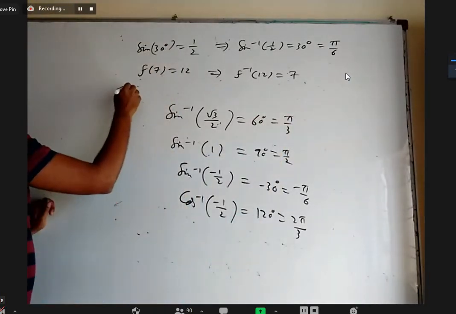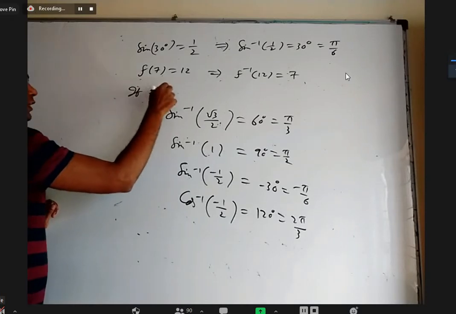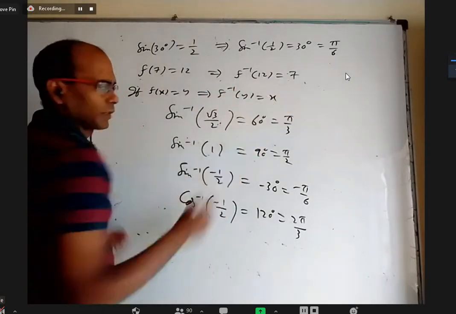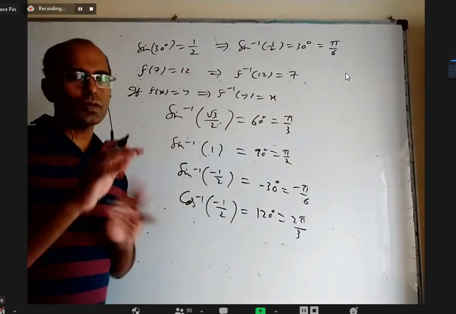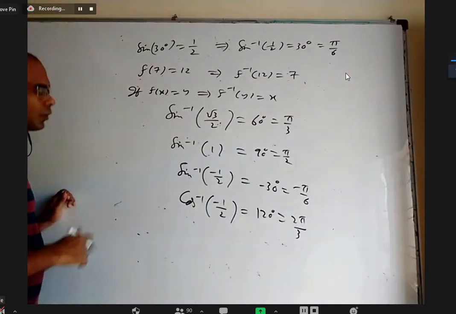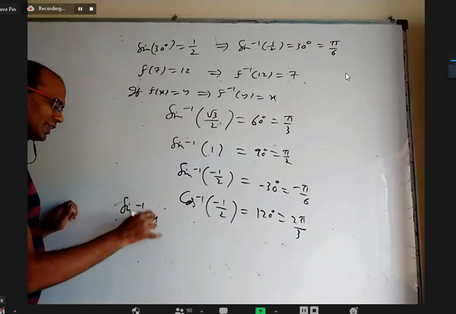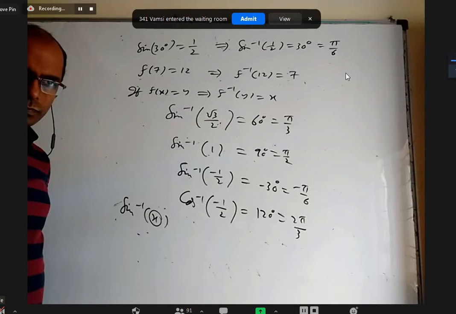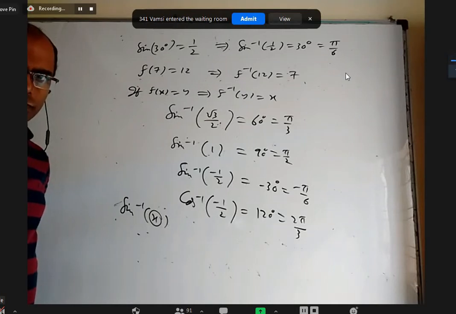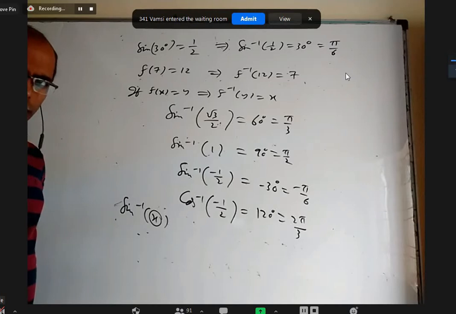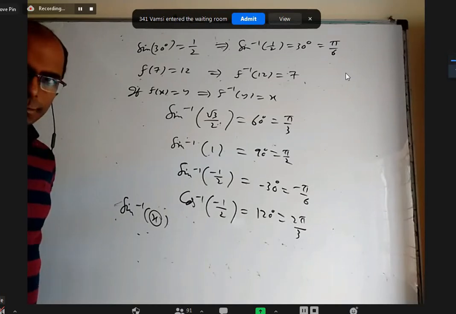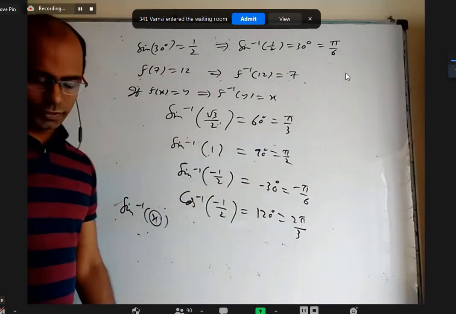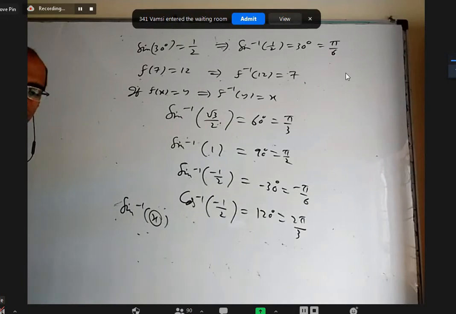Okay, I can write somewhere. If f of x equal to y, then we simply write f inverse y equal to x. We just read it as f inverse, but it is not 1 by f. That's what I want to say. Now, if you want to talk about sine inverse x, this x should be between what to what? Minus 1 to 1. I asked sine inverse minus 1 by 2 also and you said the answer, right? Yeah, it should be minus 1 to 1.